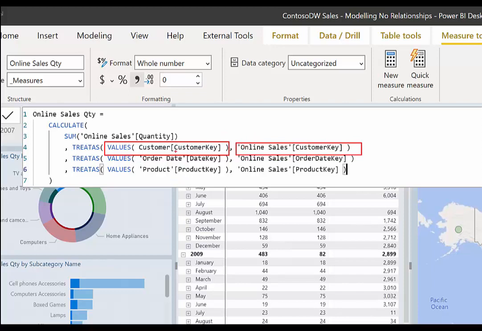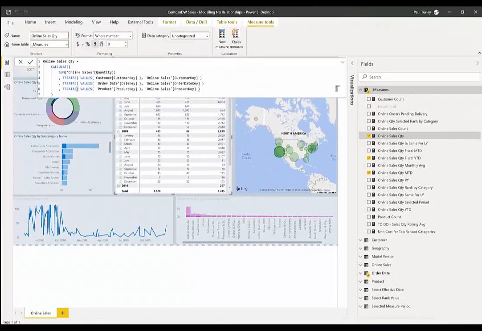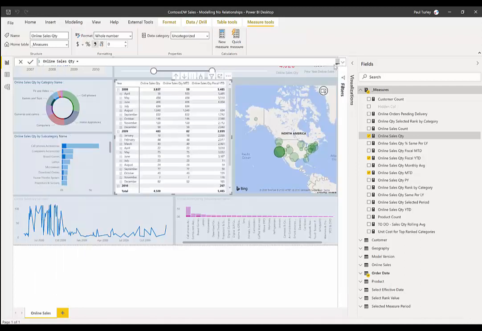I do the same thing with my order date onto the fact table. I do the same thing with my product table onto the fact table. That's it. That's the whole thing. And I could do this with additional tables as well. A common question is, is there a performance cost? I believe that there might be slightly. However, in this small data model, we don't notice any performance difference at all between doing all of this in DAX and just building the relationships in a conventional model.